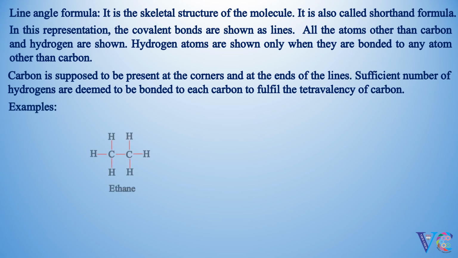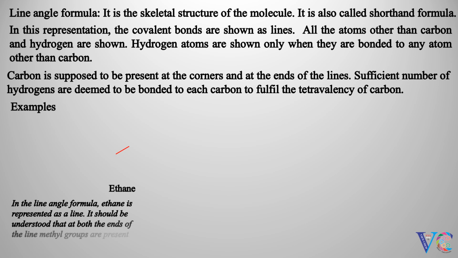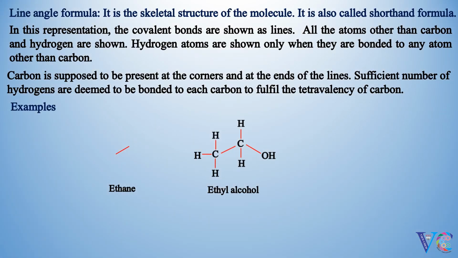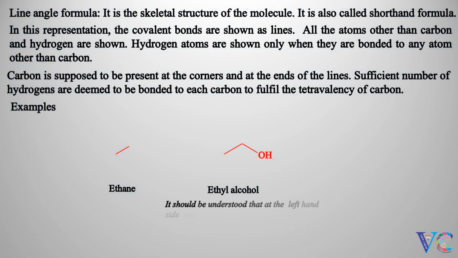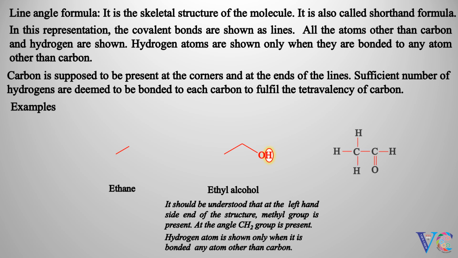Examples: ethane. In the line angle formula, ethane is represented as a line. It should be understood that, at both the ends of the line, methyl groups are present. Ethyl alcohol. It should be understood that, at the left-hand side end of the structure, methyl group is present. At the angle, CH2 group is present. Hydrogen atom is shown only when it is bonded to any atom other than carbon. Acetaldehyde should be viewed as